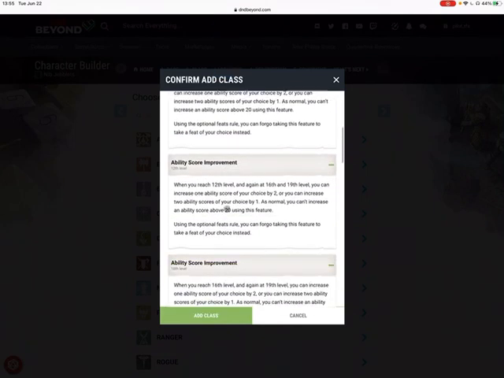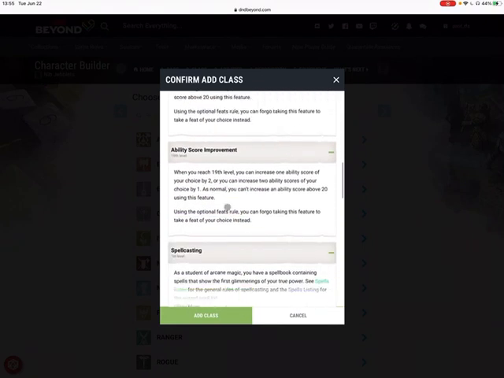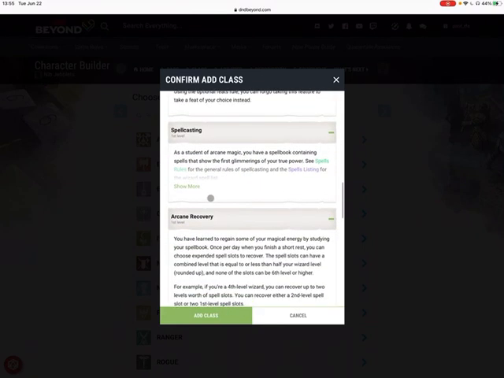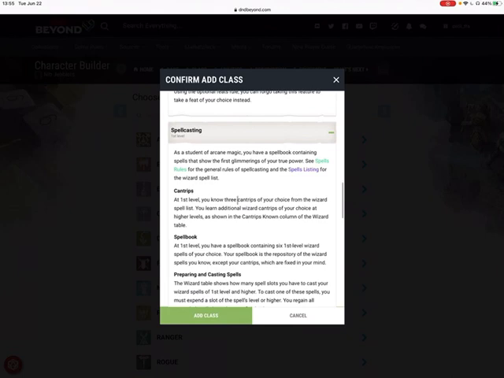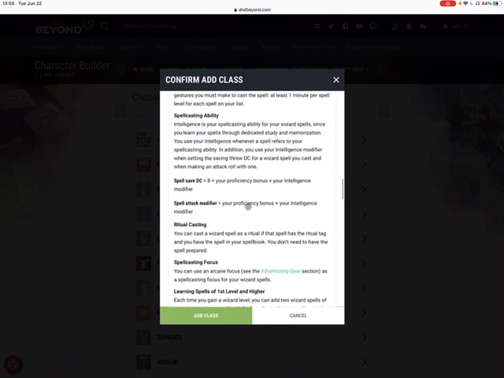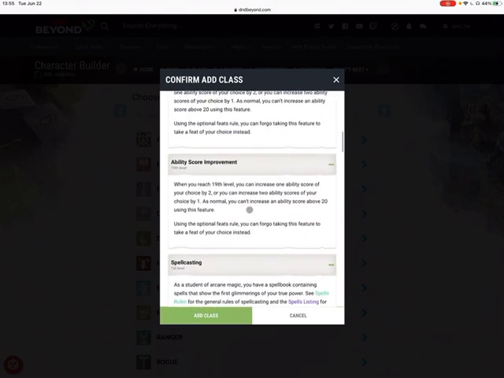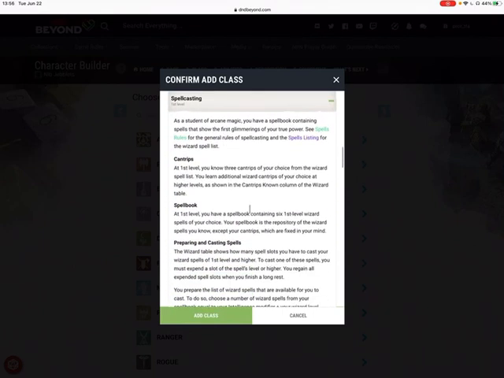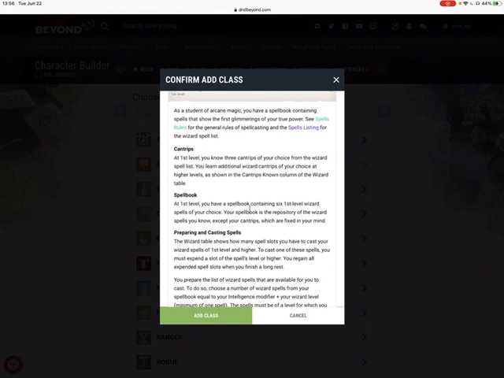So this just goes over what happens at each level, and so those are the ability score improvements. Spellcasting, the wizard is a spellcaster. This explains stuff a little bit more. That is a whole separate thing. Z. Bradshot, the animated spell book, does a way better job explaining spells and spell books and spell slots. I'll try and throw a few